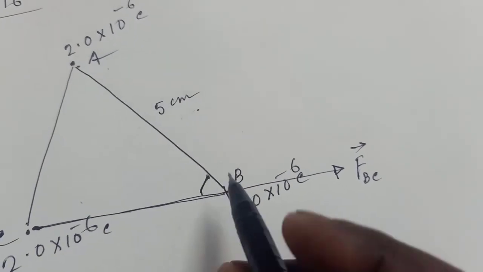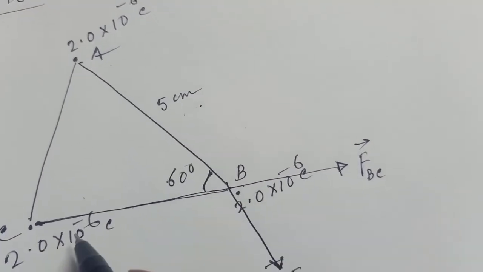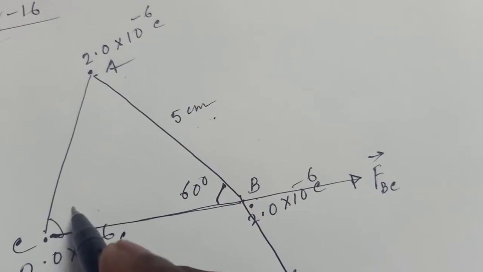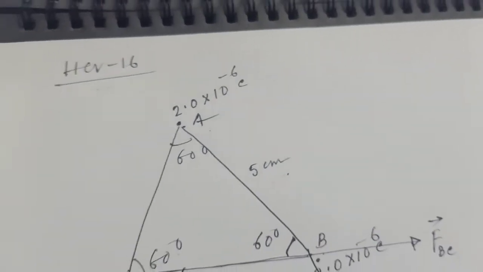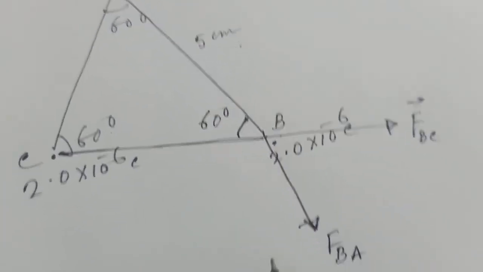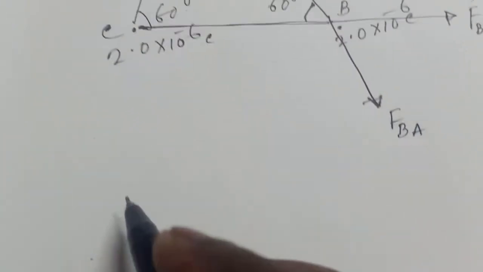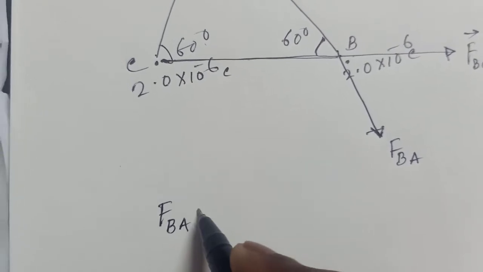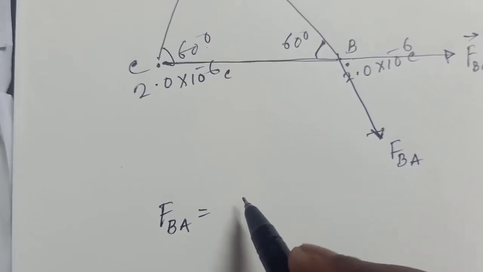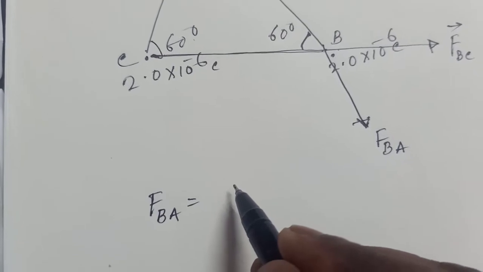Since this is an equilateral triangle, each angle is 60 degrees. So F_BA, from Coulomb's law,